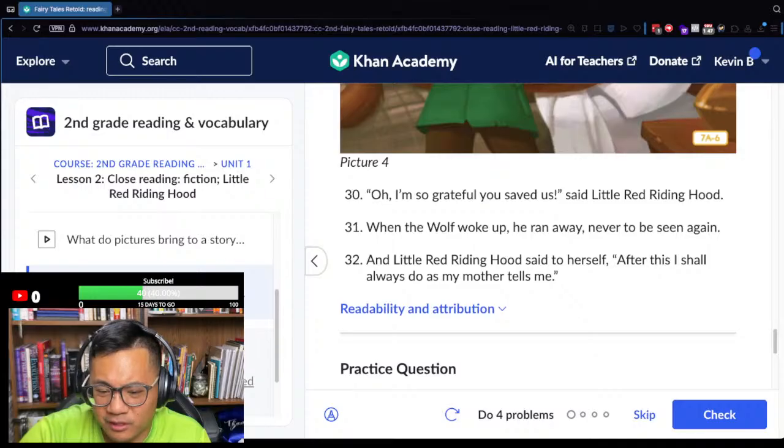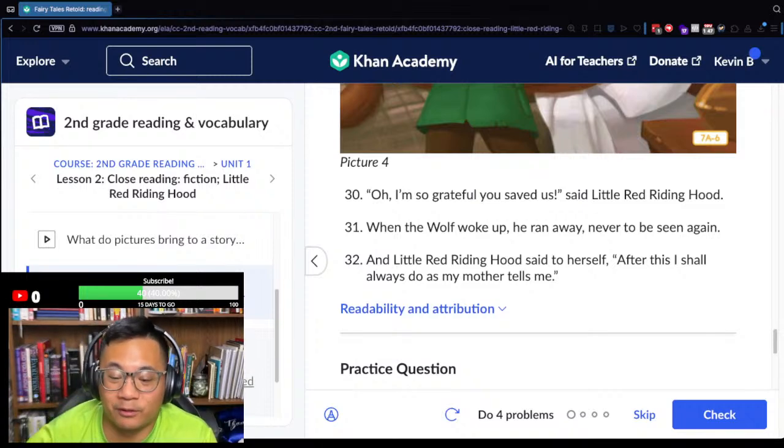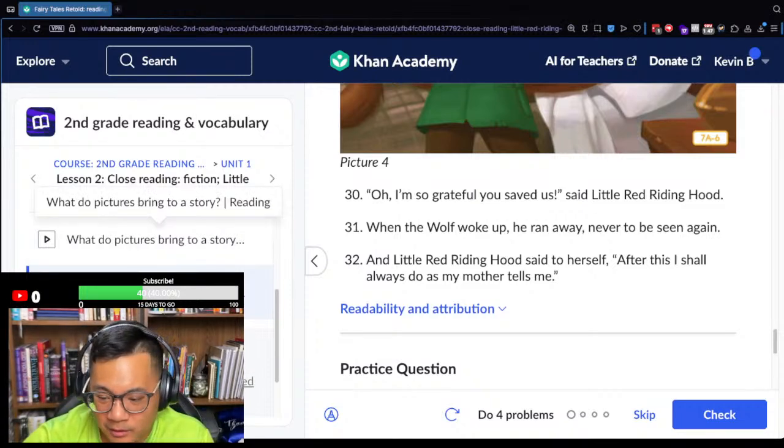How did he free them? That's such a weird story. Like, I knew this story as a kid, and I always thought he cut open the wolf for some reason. I didn't know he actually just took them out. Like, he just grabbed them inside the wolf's mouth and grabbed them out. So, interesting.